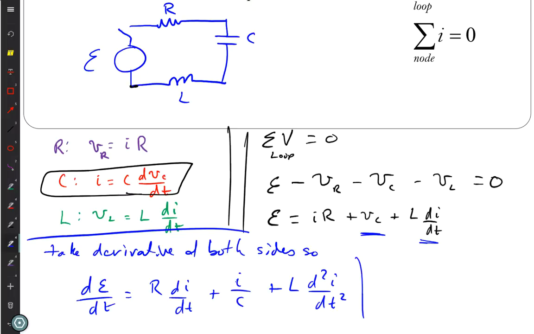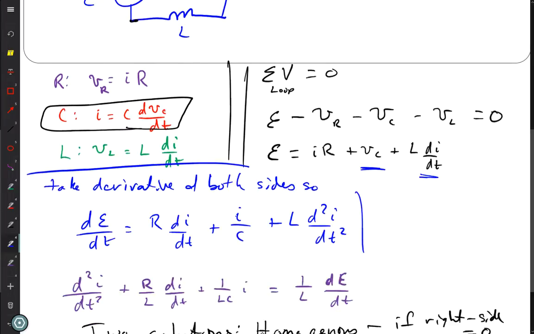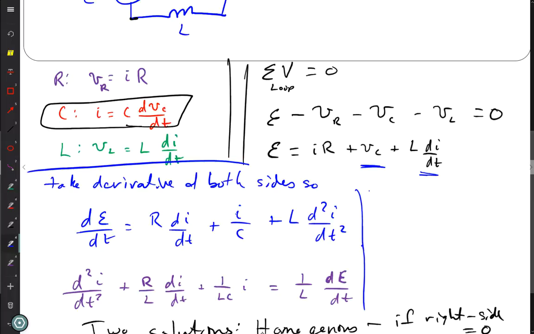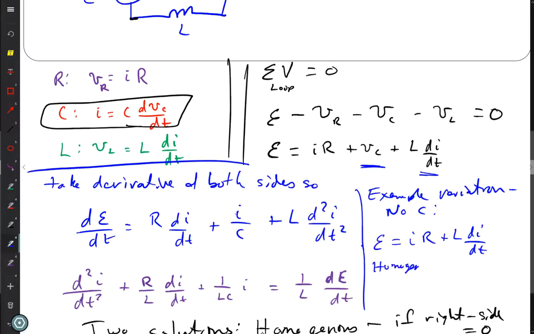So make a choice. Which ones should we remove here, just for example? Okay, so, example variation. No capacitor. Then I have, this is my differential equation. For the homogeneous solution, I'm going to have